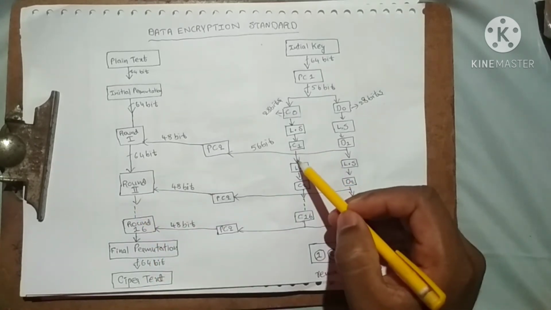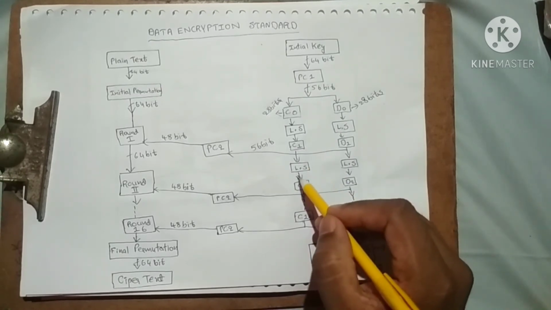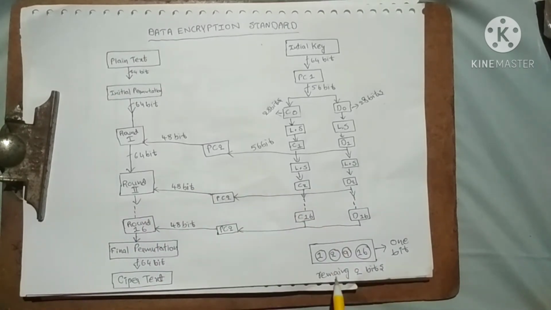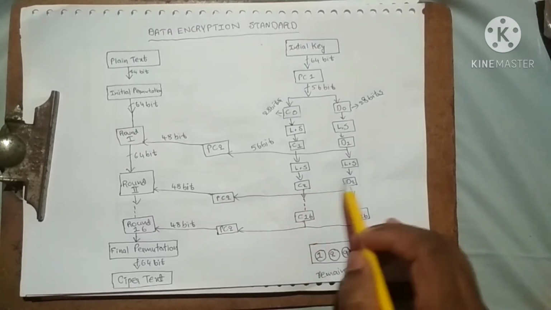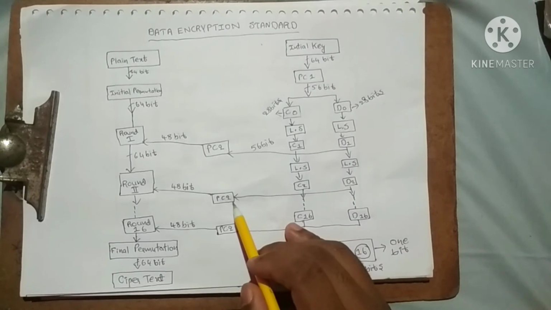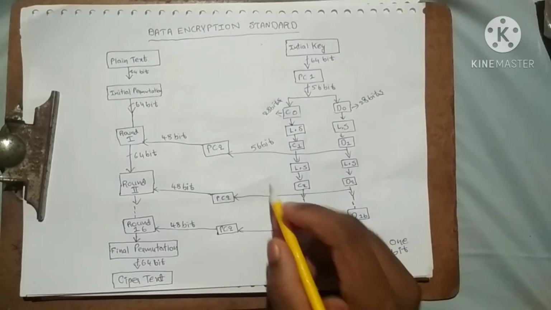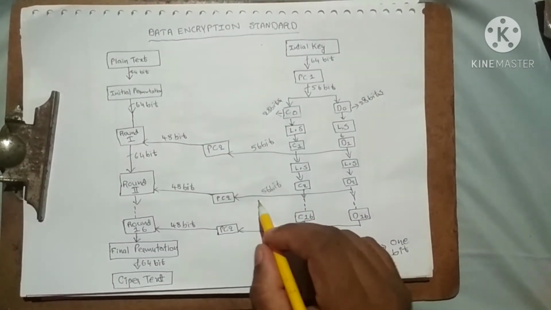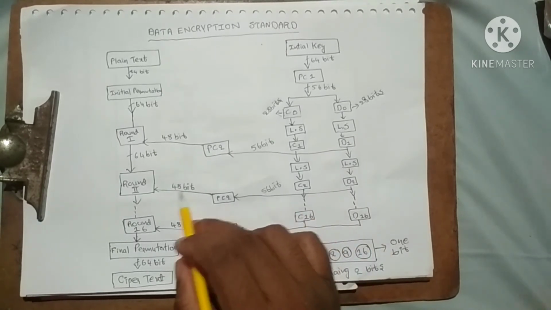Here C1 and D1 have a left circular shift applied again. In round 2, it is shifted by only 1 bit. Then the new combination is given as C2 and D2. This C2 and D2 is given to PC2, that means permuted choice 2. Again it is the same 28 bits and 28 bits, a 56 bit key. Permuted choice 2 also neglects 8 bits, and then it gives a 48 bit key.